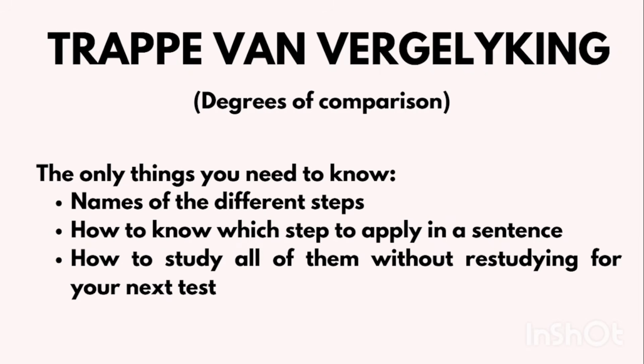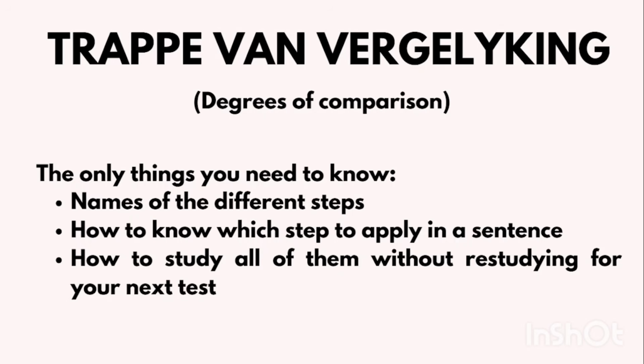Okay, first of all, you need to know the names of the different steps. I've seen people literally ask me during invigilation which step is the one that they are asking for. So they'll see the word trap, but they won't know if it's the first, second, or third one. So this is something that you only have to learn once off, so that you are always prepared in terms of which one they're going to ask.